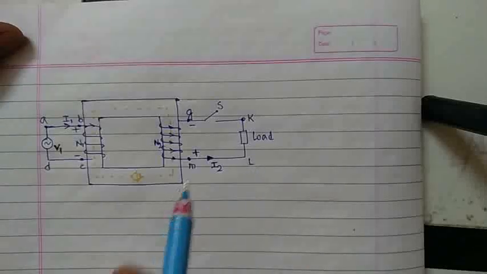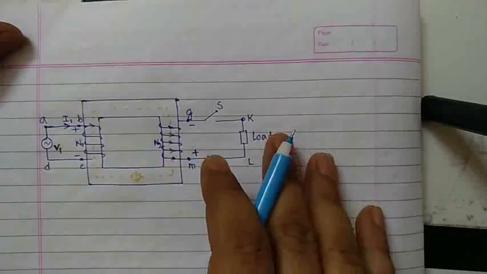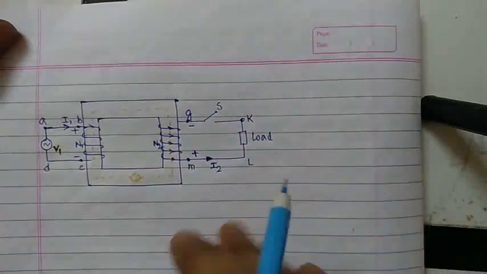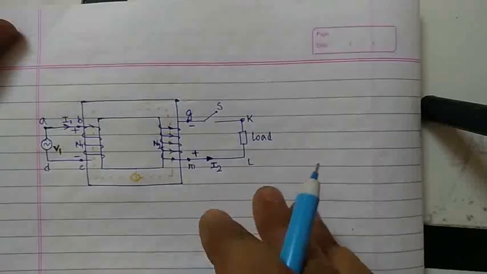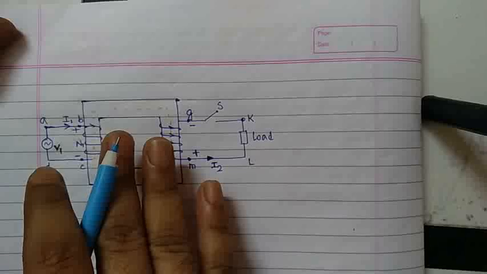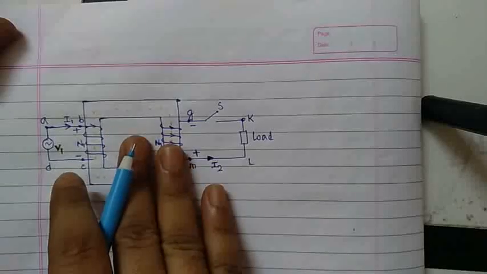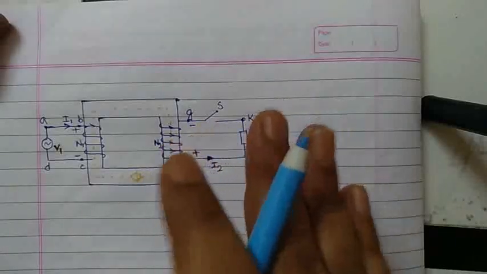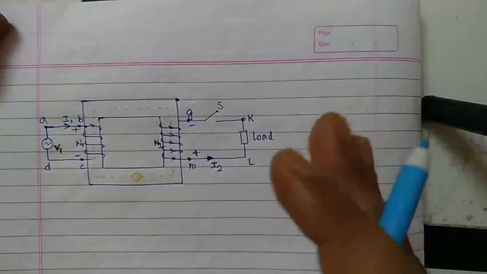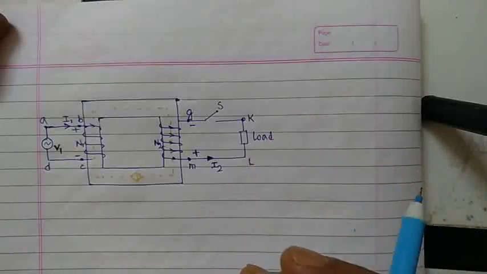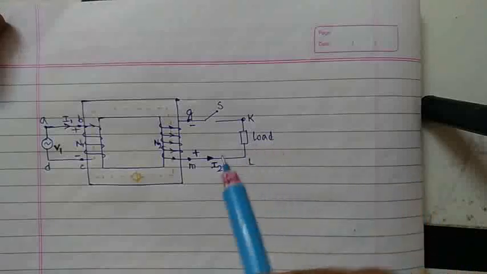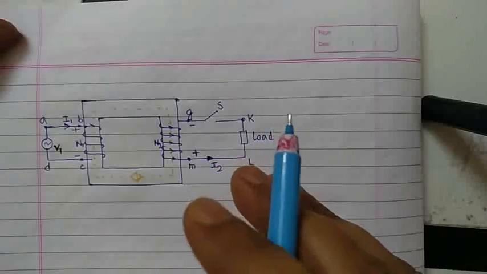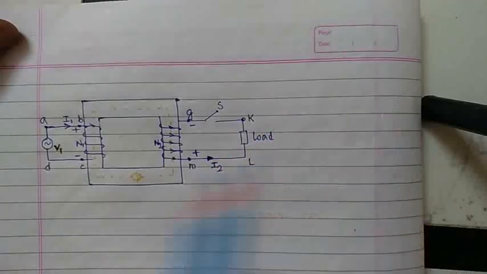And another, the core loss, that is hysteresis loss and eddy current loss, is negligible. And the core has constant permeability, that is, the magnetization curve is linear. Remember that in an ideal transformer the magnetization curve is linear. So these are the four